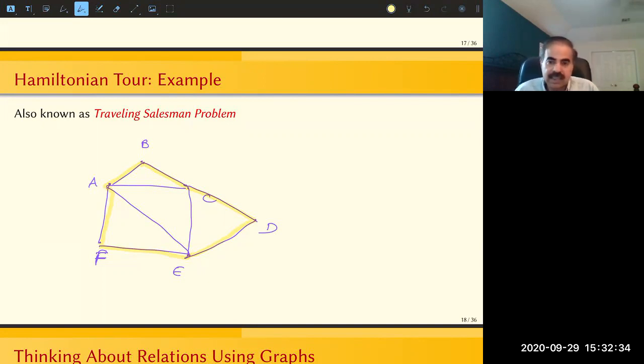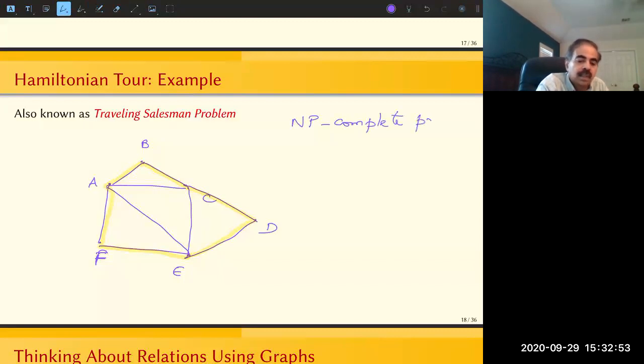And although in this example, it seems very easy to find a Hamiltonian tour, in general, finding a Hamiltonian tour is a very difficult problem, right? So it is what is called an NP-complete problem, right? So we talked about,